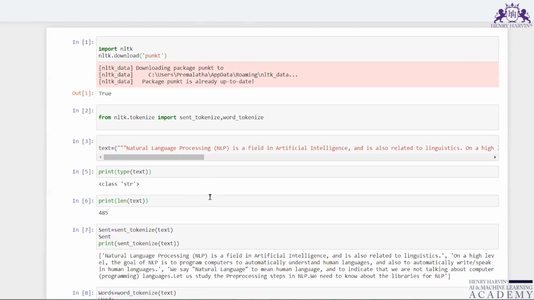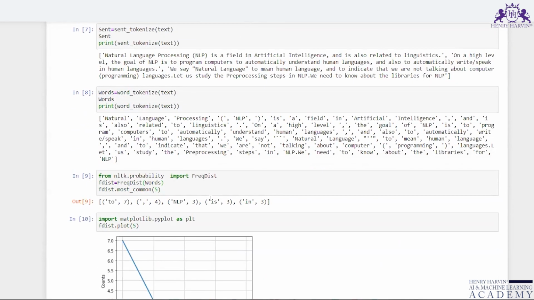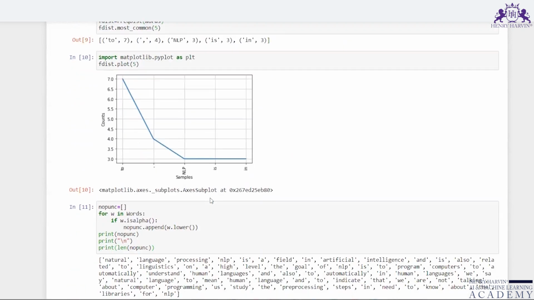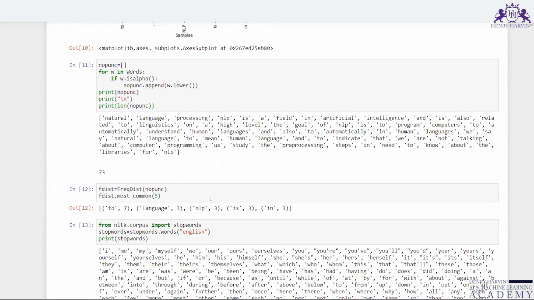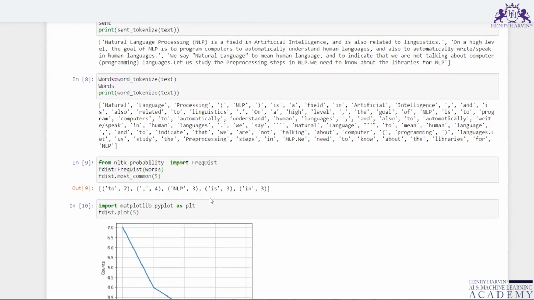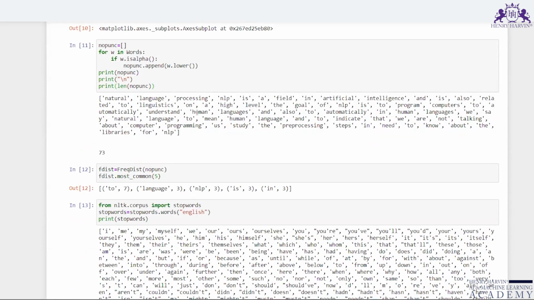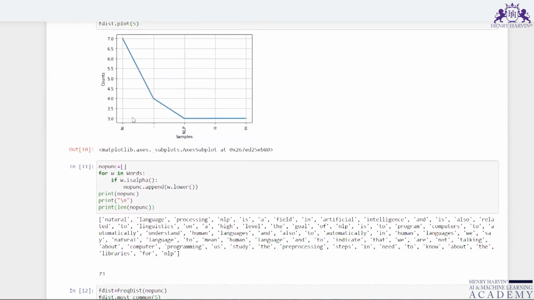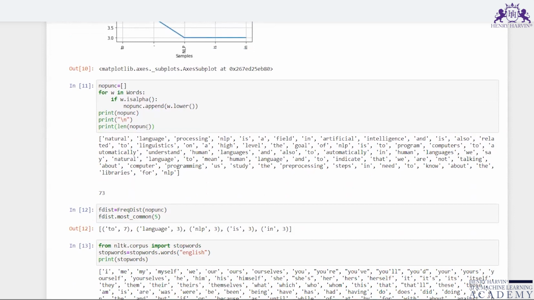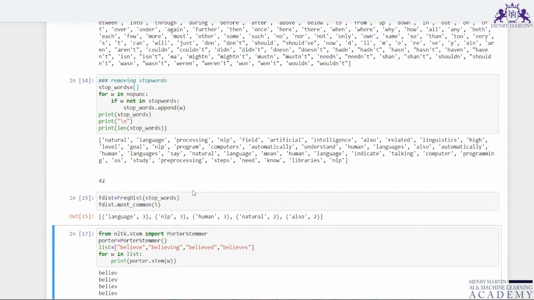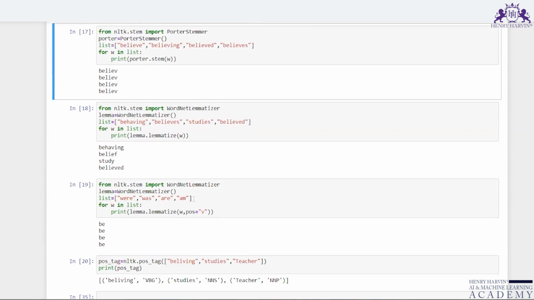So in this video, we had a discussion regarding how to tokenize into sentences or words. And also we tried to convert it into lower case, right? When I used lower, what happened previously, it was a capital N, now it is changed into a lowercase n in natural. Why are we doing this? Because in some sentences, artificial may be the first word, in some cases it could be in the middle. At that time, it should not consider both as different terms, right? So that's the reason it is being done. And then we removed punctuation. And then we have seen how to use stemming and lemmatization. Hope it is very clear.